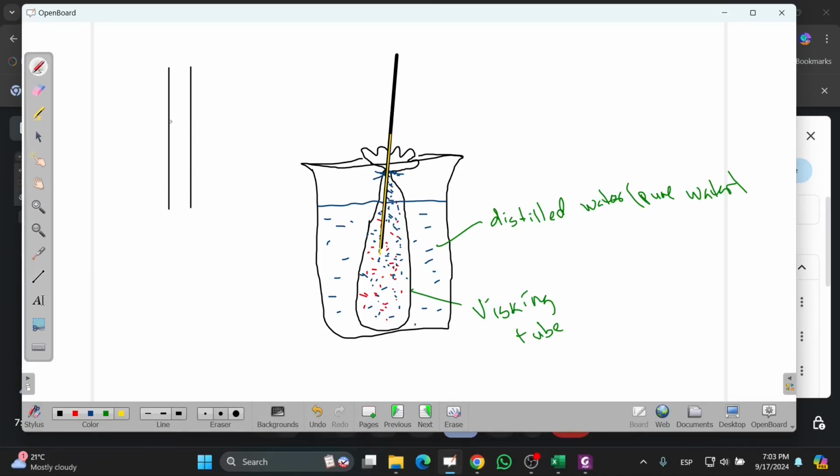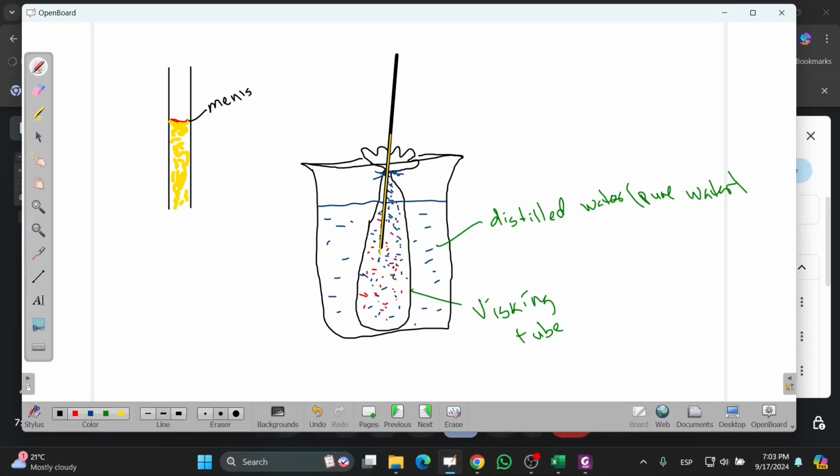The sugar water went up to this point, so there you have the sugar water. See that? Up to that point. And that curved line there on top, we are going to call that the